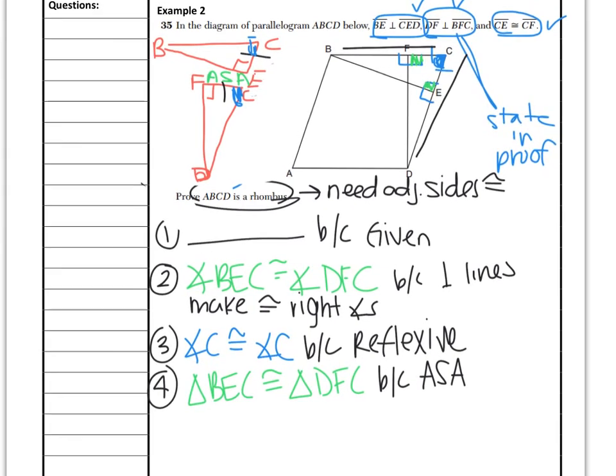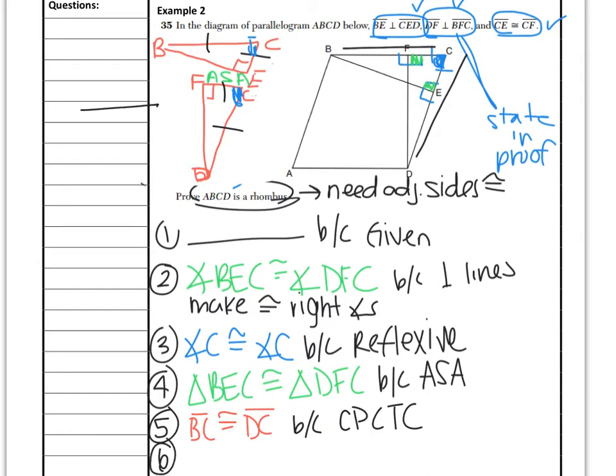And then remember, we're trying to show that it's a rhombus, so we're going to show that those adjacent sides are congruent, which happen to be the hypotenuses of both of the right triangles. Therefore, they're corresponding. So we're going to say that BC is congruent to DC, and that's because of corresponding parts of congruent triangles are congruent, CPCTC. And then step 6, because those sides are now congruent, this parallelogram has adjacent sides congruent, and therefore it must be a rhombus. So ABCD is a rhombus